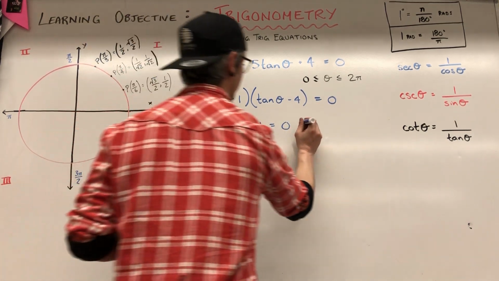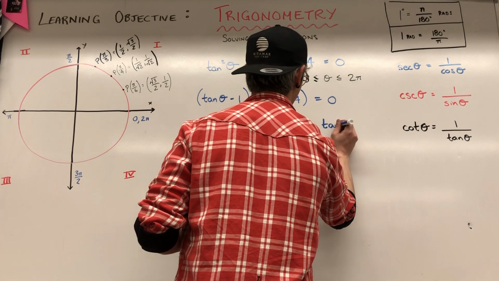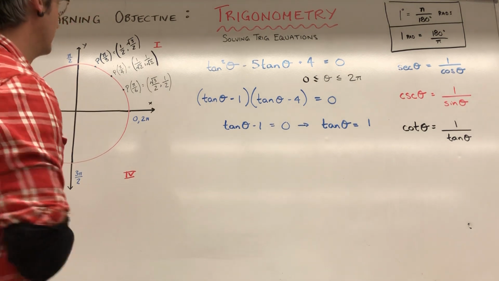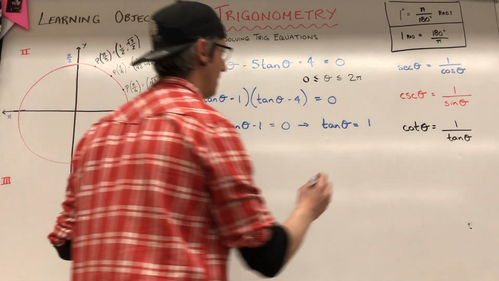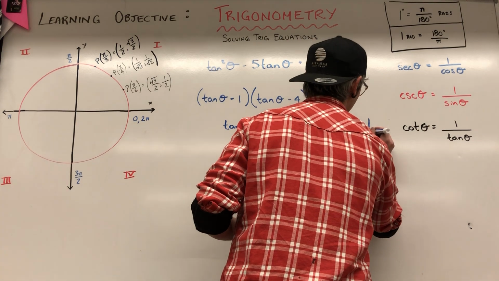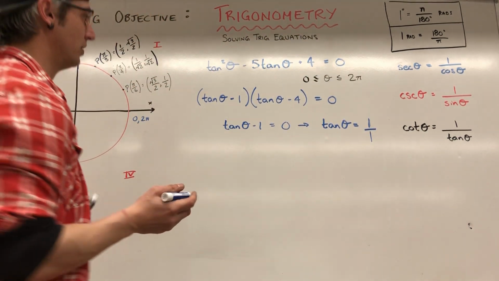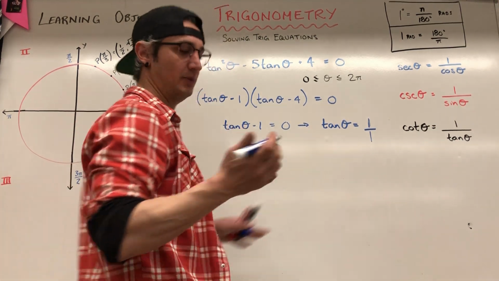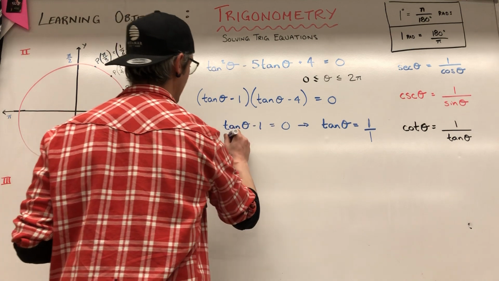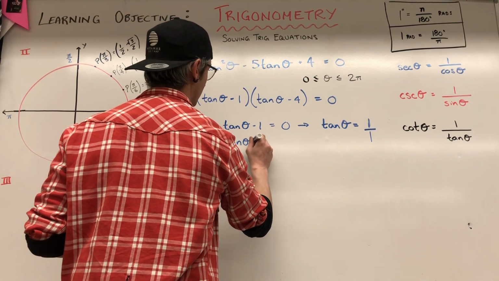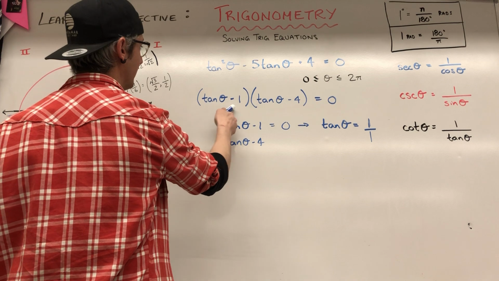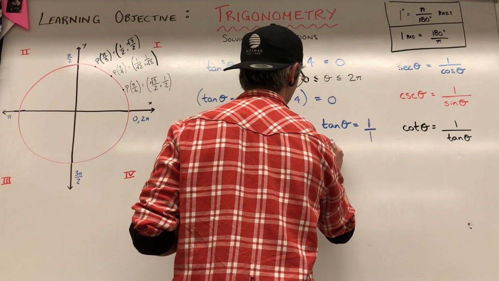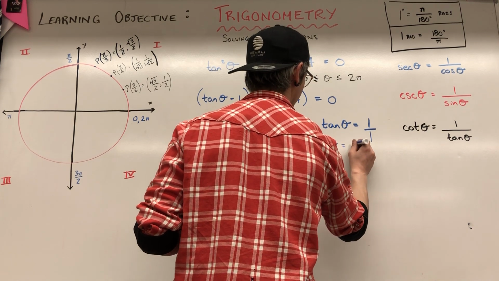So my first solution is tan theta is equal to 1, which we could write as 1 over 1, because we do know that tan theta should be a ratio. And then the other one is where tan theta minus 4, when I divide both sides by tan theta minus 1 instead, is equal to 0. Therefore, tan theta is equal to 4